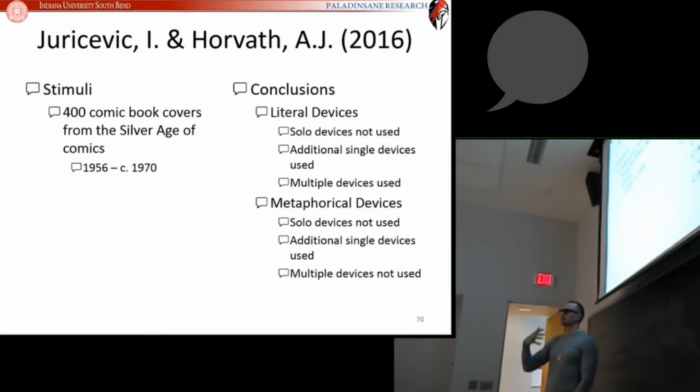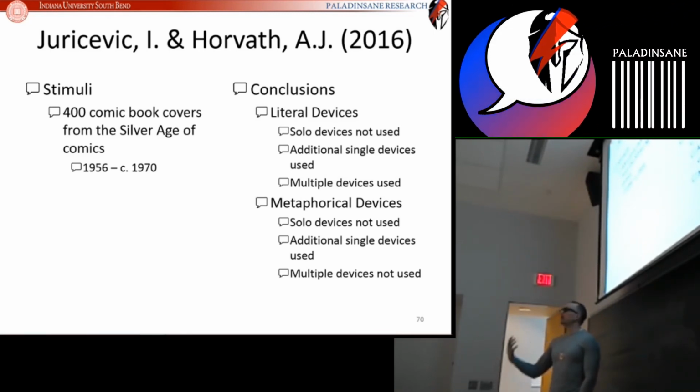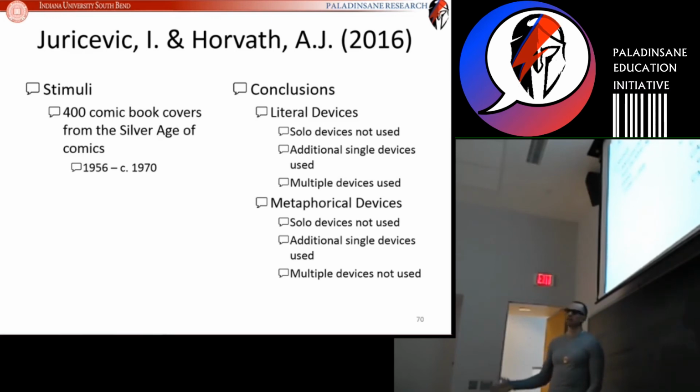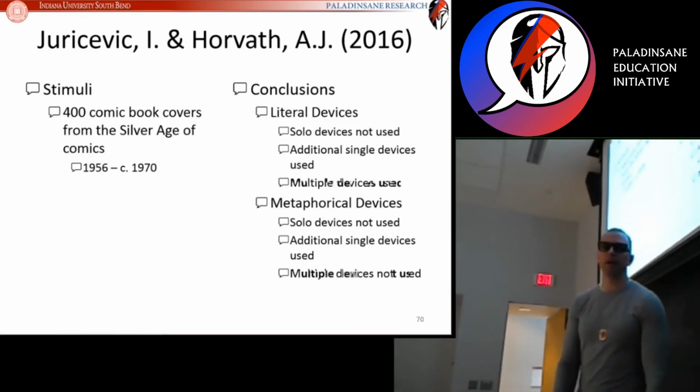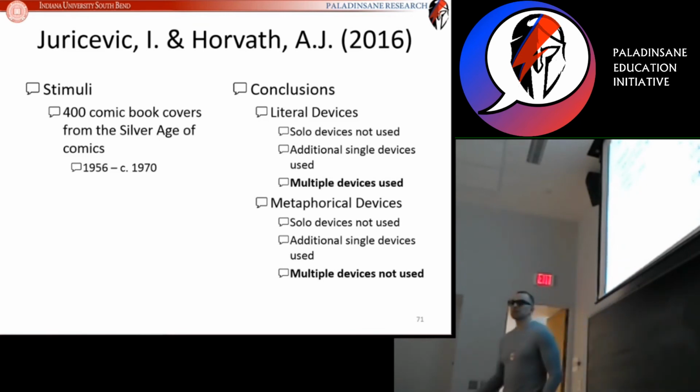Something about it is, as we're going to see, a waste of information. One metaphorical device is more than enough to communicate that information. So that is the key difference. And this is evidence that our minds do process literal devices and metaphorical devices very differently. So they use different strategies for this. Metaphorical devices are not in the same category as literal devices. It's not like there's just pictorial devices and then there's two subsets. Our data has shown that one of them gets added together, one of them does not, they're two separate entities processed in two different ways.